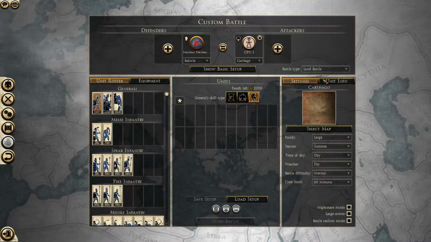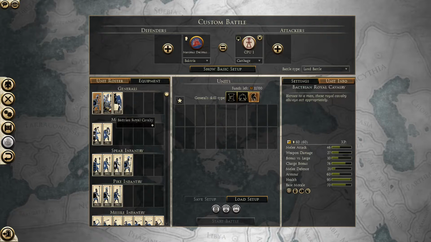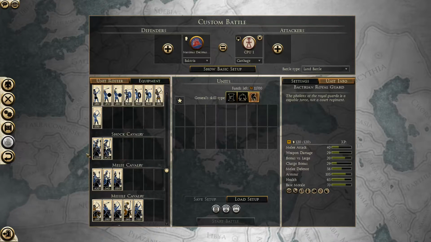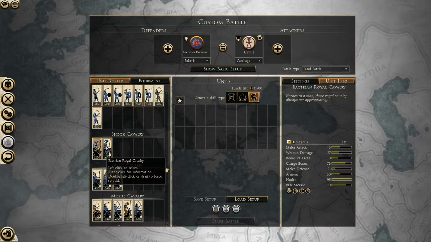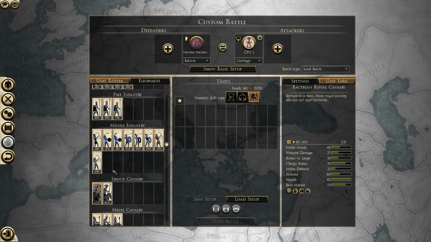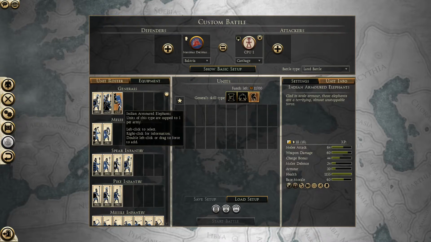Come to Baktria. Baktria used to be, when they came out, a powerhouse of vast proportions, with their Bactrian Royal Cavalry, their Bactrian Noble Horse, their Horse Archers, their extremely good elephants, and the elephants are still good. But let's take a look at the